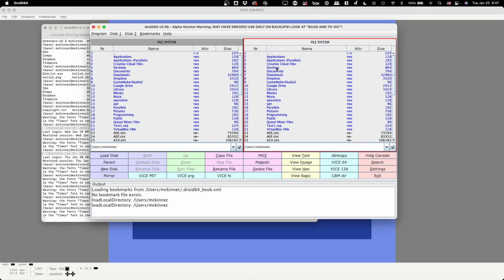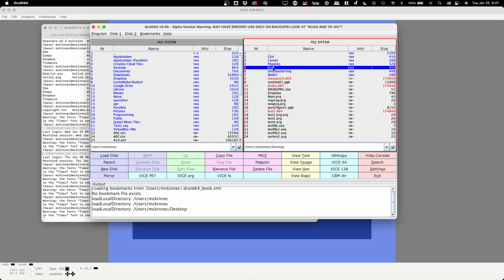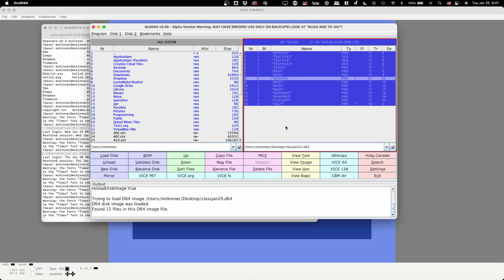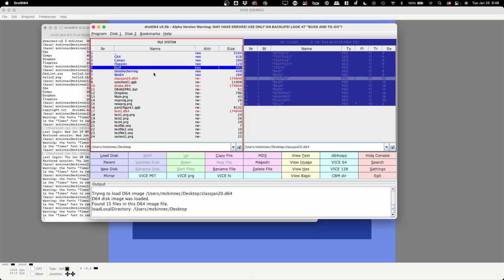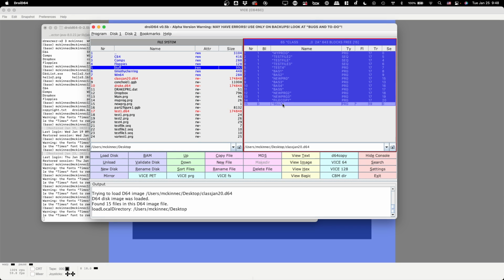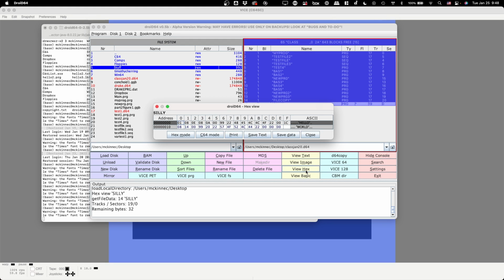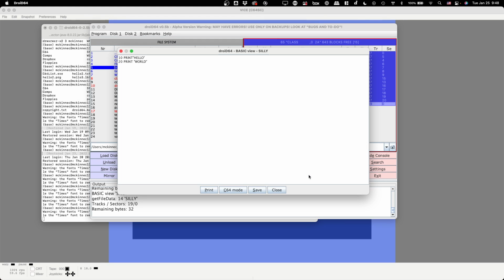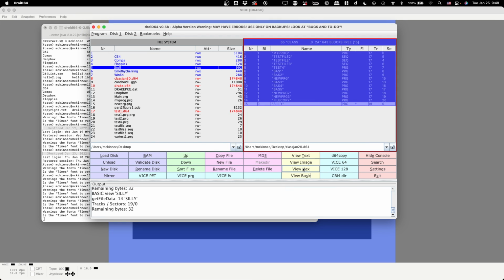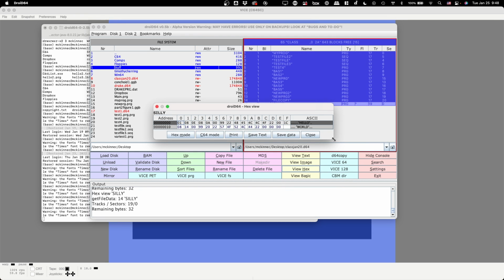Okay, so let me go to, I have this on the desktop, class January 20th. Okay, and let me go to desktop here. All right, so I just created this program, silly, and if I view hex, well, let me start with view basic, right? So this obviously is the detokenized form. That's basically all I just typed in, right? And this would look the same as if I typed this in a modern text editor, whatever. Okay, but the hex I want to talk about a little bit more